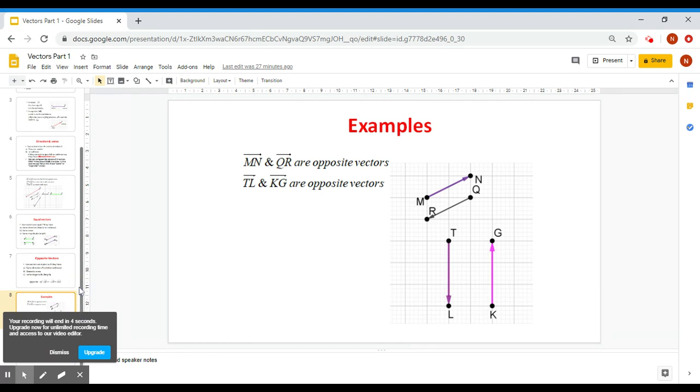Now we have one more thing to talk about, which is the